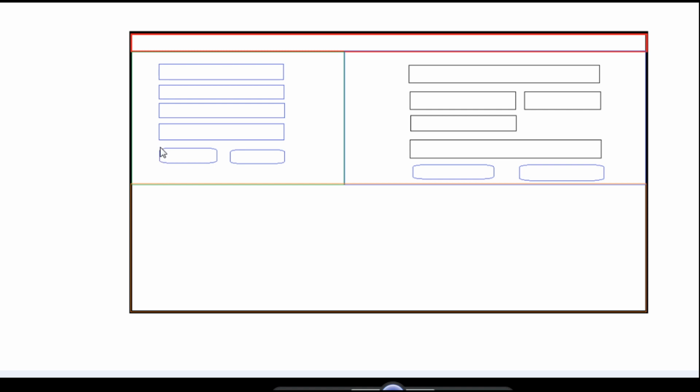One button will lock this part of the interface, so everything that was selected here will be locked, and it will be impossible to change this data. And it will also unlock the right part. And the second button will be used for